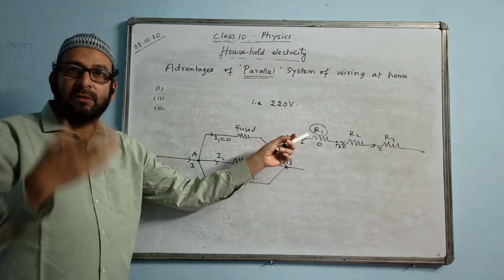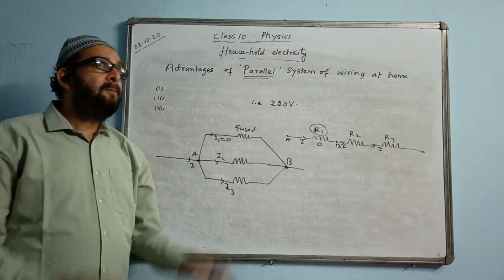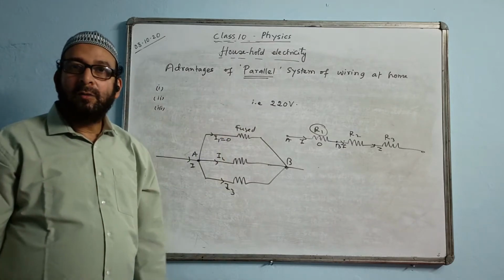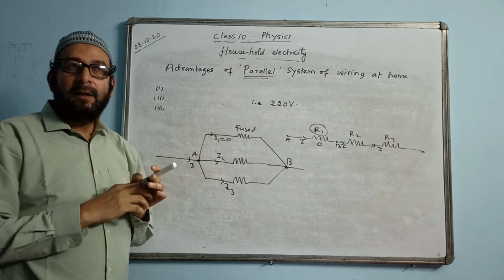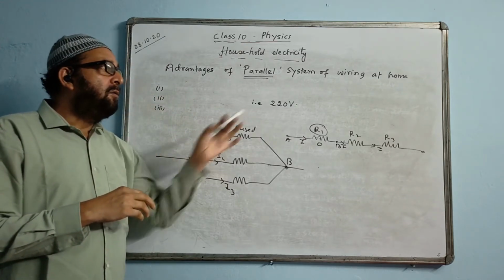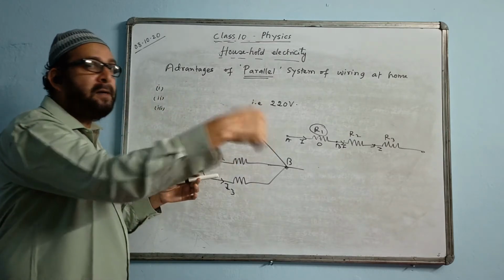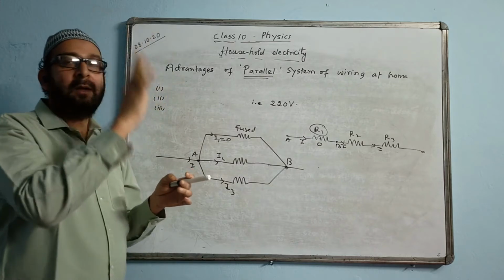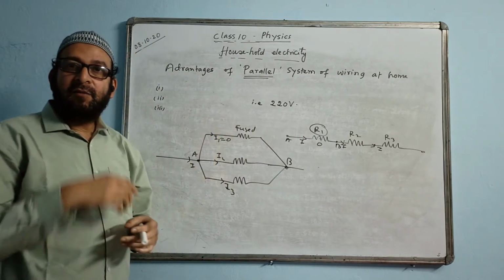But in some situations we go for series combination. In some situations, where the place is big, like a hall or auditorium, there are so many lighting systems. Then there will be so many switches. Then you have to put each and every switch on independently in order to have all the appliances functioning.